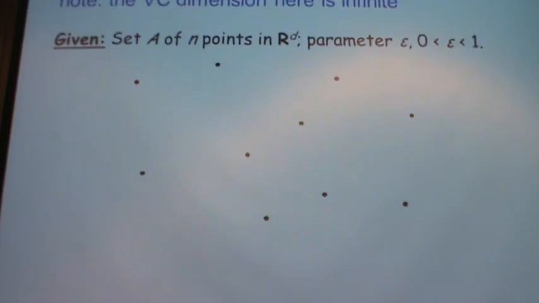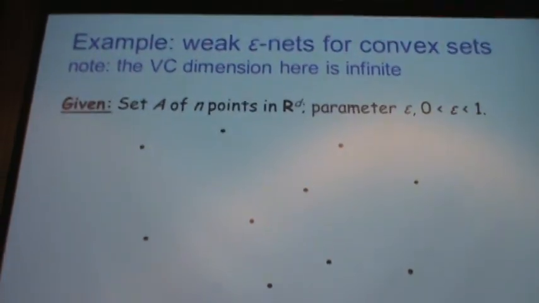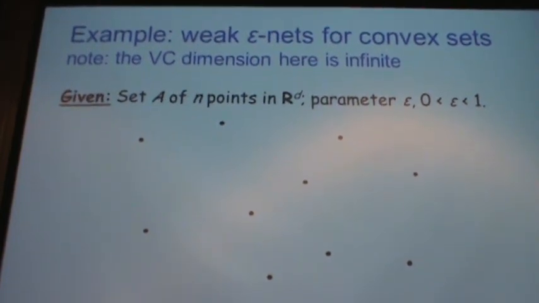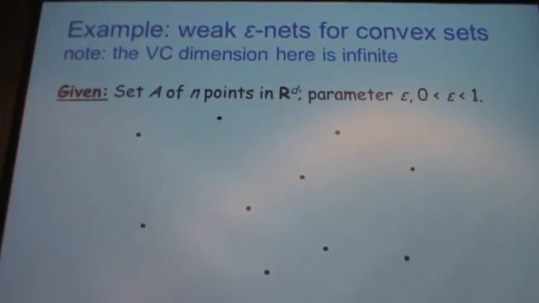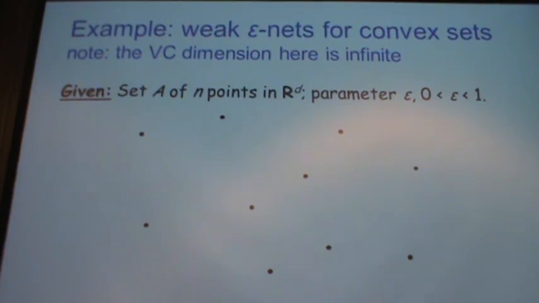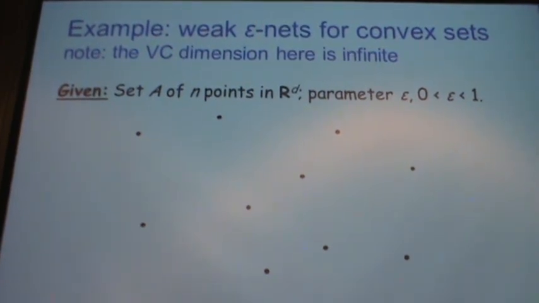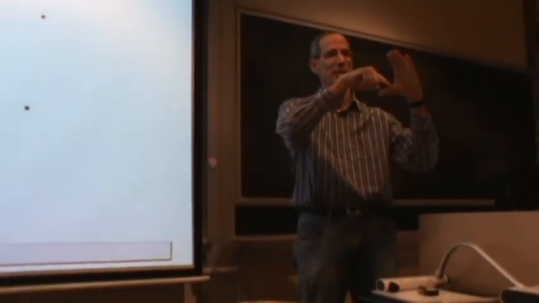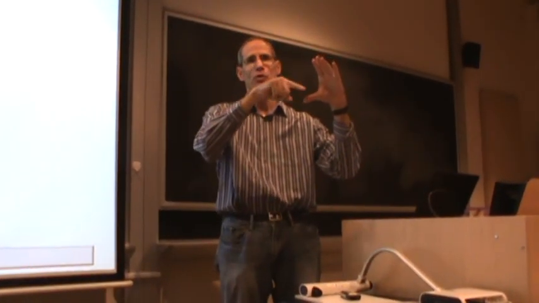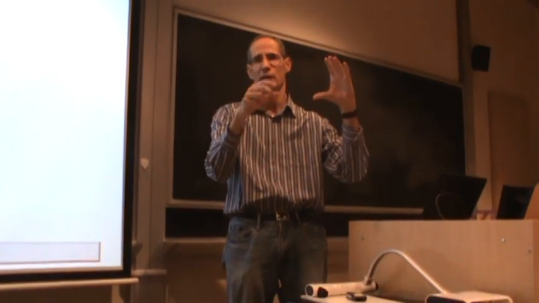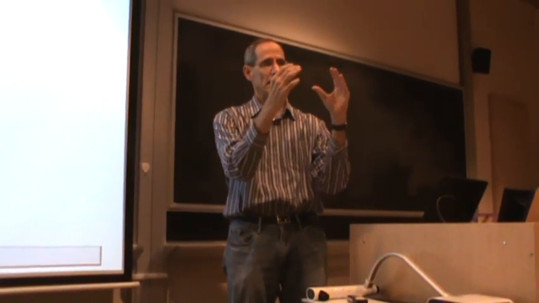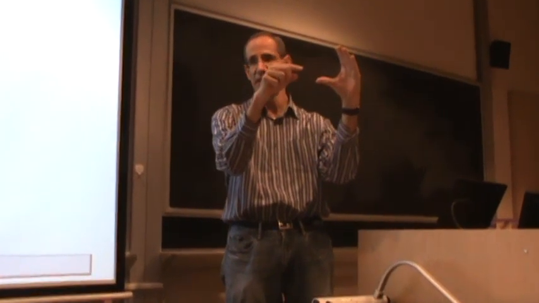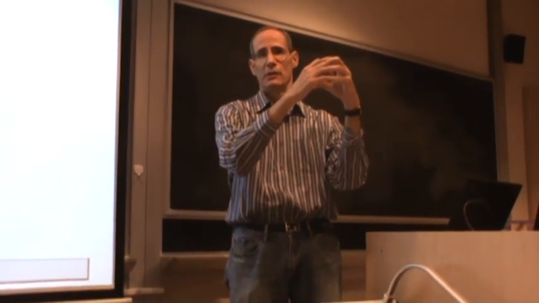And let me tell you one. So this is the definition of weak epsilon nets for convex sets, let's say in R^d. Now you see, if you take as ranges all convex sets in the plane, this trivially has infinite VC dimension, because if you take points in convex position, for example, a set of all points on a circle, every subset of it, you just take the convex hull of it, the intersection of